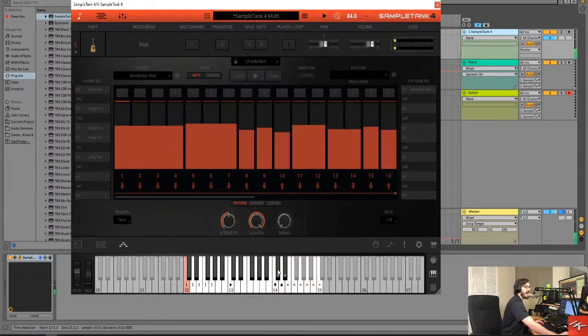Oh, if you notice, I'm actually hitting the wrong keys. That didn't sound right. I didn't turn it on. You have to turn it on. Let's check this out one more time. Oh, I have to pick a chord first. My apologies. So this left side, you can pick your chords here, and you can pick any chords that you